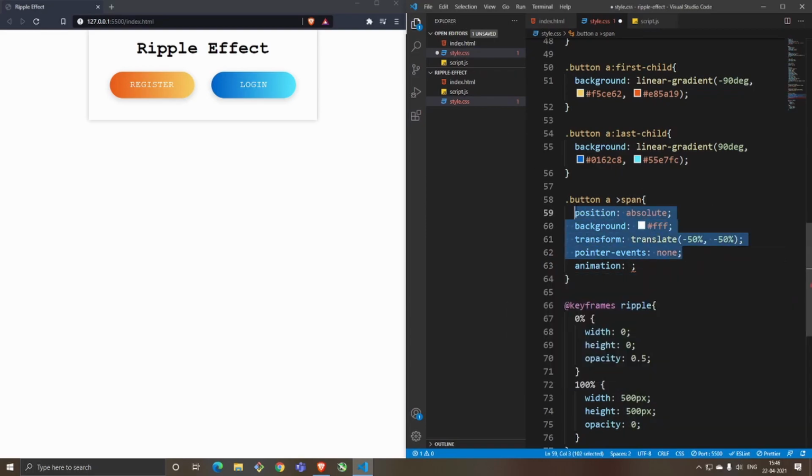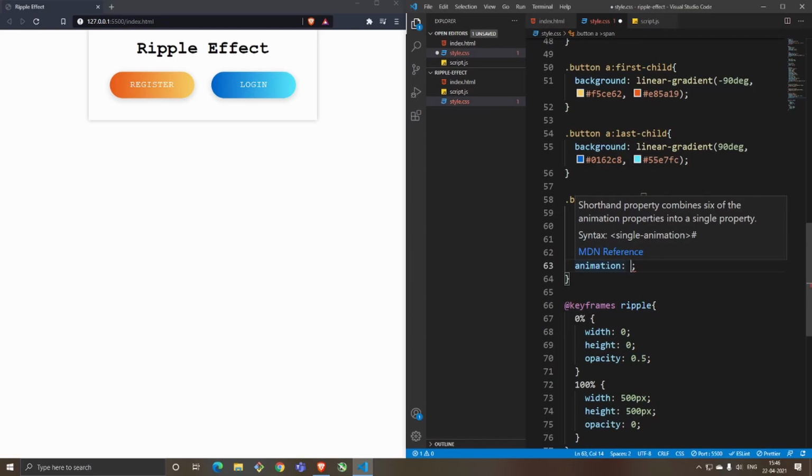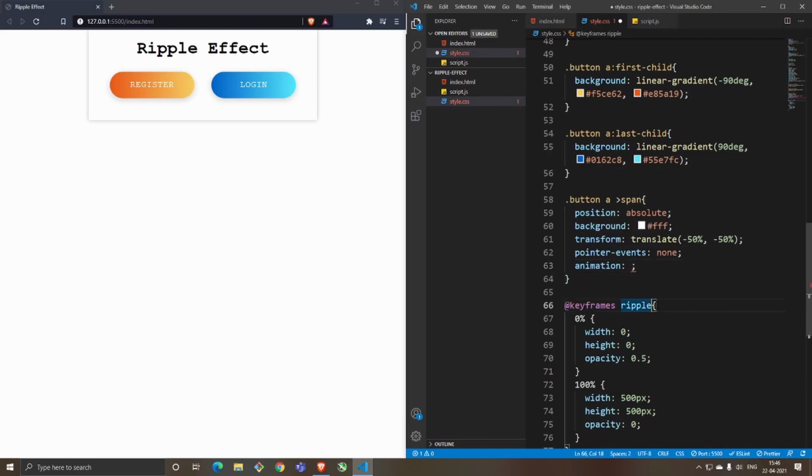These are some simple things that you already know. Now the main thing is this animation which we have used here, the animation text. So this is what we are going to say, what we wanted to do when you do that kind of animation, the ripples. We have given ripple out here, so we'll use that, or we can say ripples, to stick with whatever I'm going to be uploading in GitHub.